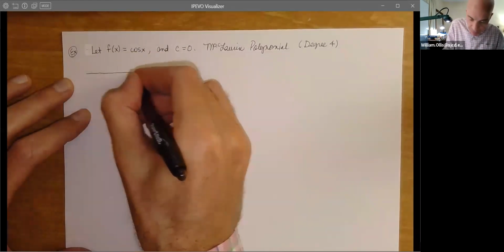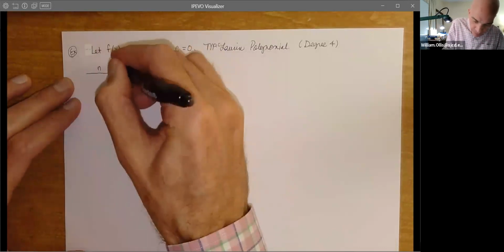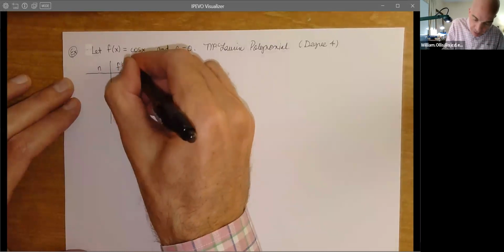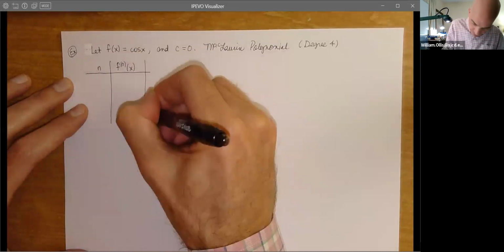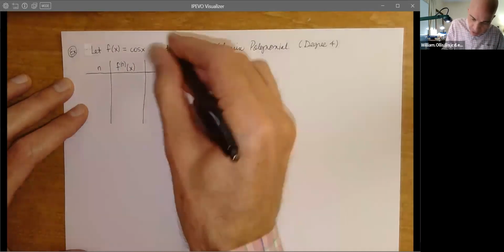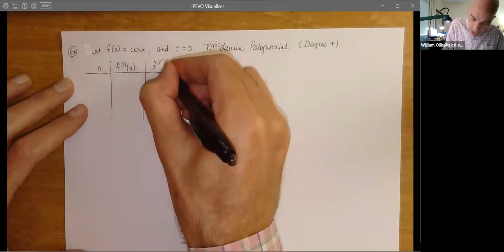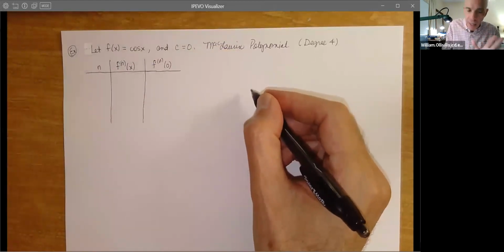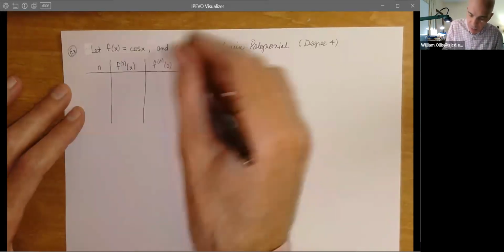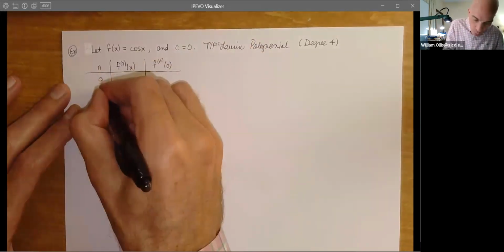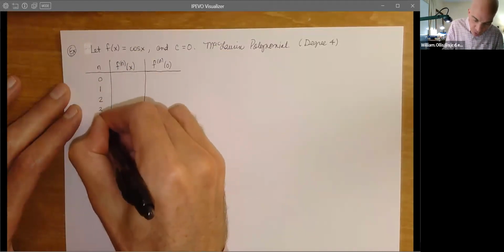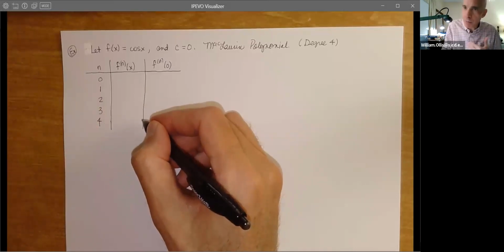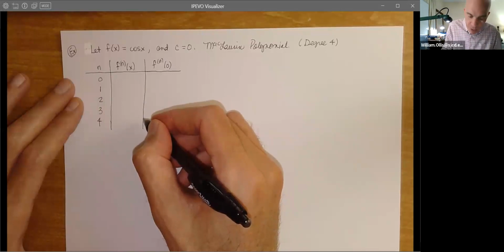So we've got the order of the derivative, and then we have f n of x, and then we have f n evaluated at 0. So the Maclaurin polynomials are real popular. We still do others like that, and we'll do another one of those with a non-zero center. So we have 0, 1, 2, 3, 4. If we're just doing the 4th degree, we'll go through 4. If we need the remainder, we have to bump up to the 5th degree to get the next level there.